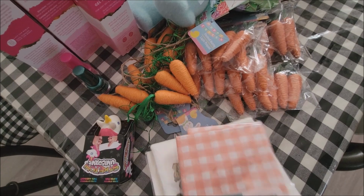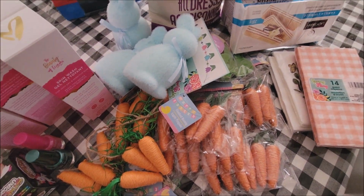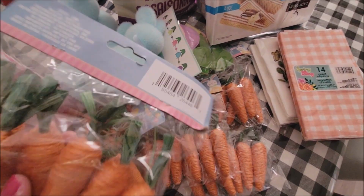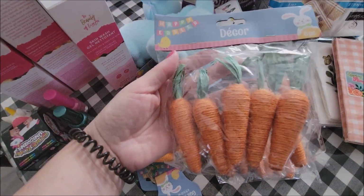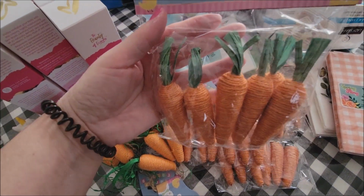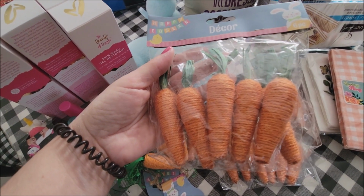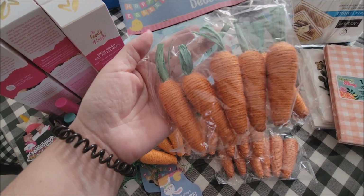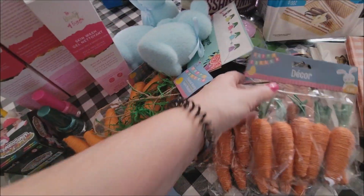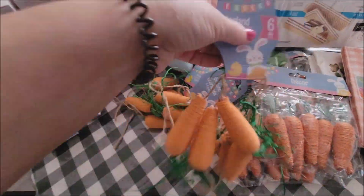And then the last things that I have to show you are Easter seasonal related. I ended up picking up these carrots. You get 6 pieces in the package, so 6 carrots. And I am planning on making a really pretty spring centerpiece, so I'm pretty sure I'm going to be including these in that. So I did get 4 packages of those,